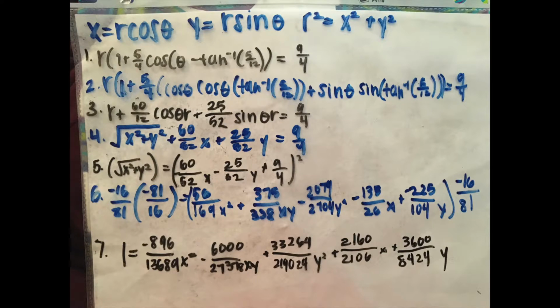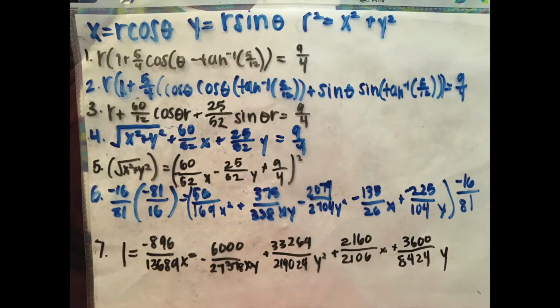So now I had to change the equation into rectangular form. The first thing that I did is I multiplied the equation in polar form to get rid of the fraction, which gave me r times (1 plus 5/4 cosine (theta minus tangent inverse of 5/12)) is equal to 9/4. After that, I was able to replace the cosine of (theta minus tangent inverse of 5/12) using